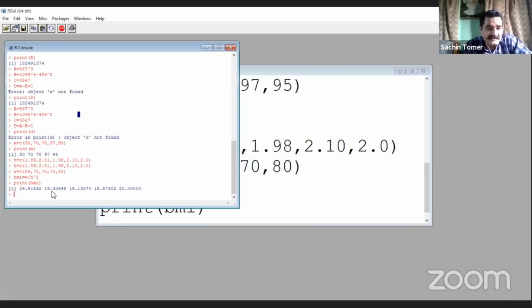For the second person, it is 19.30645. For the third, it is 19.13070. For the fourth, 15.87302. And for the fifth, it is exactly 20. So these are the BMI results.